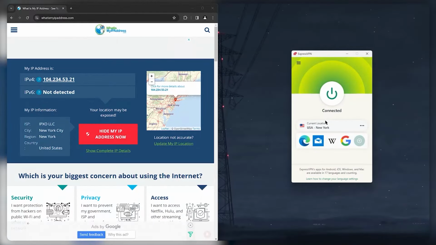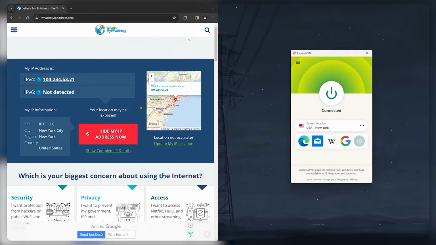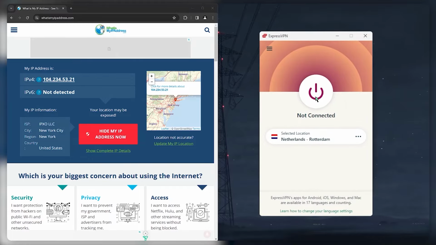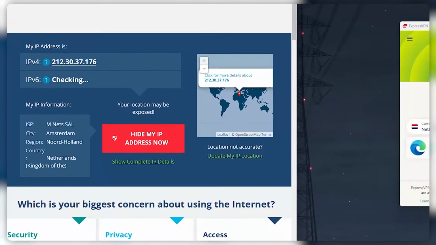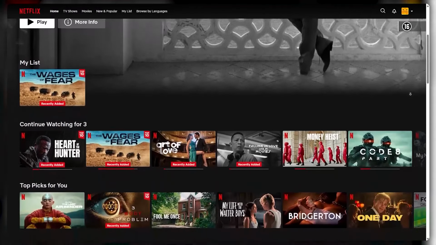So let's say you connect to a European or American server with a tool like ExpressVPN, and your IP address will suddenly register you as being there. Now, obviously, you're not actually in Europe or the United States, but because you're connected to one of the servers in those countries with ExpressVPN, it looks like you're actually there. And then once your IP registers in a certain location, you can access all of Netflix streaming services in that